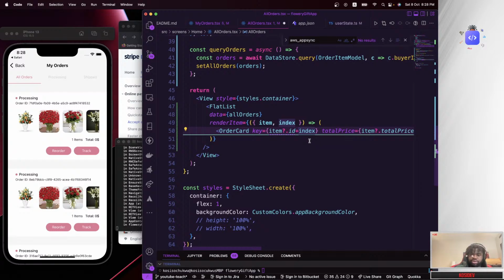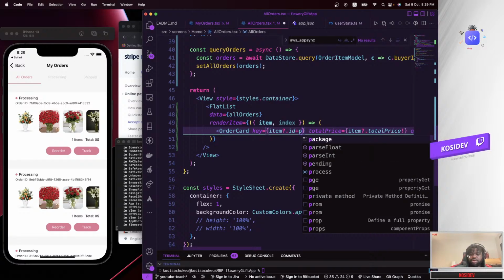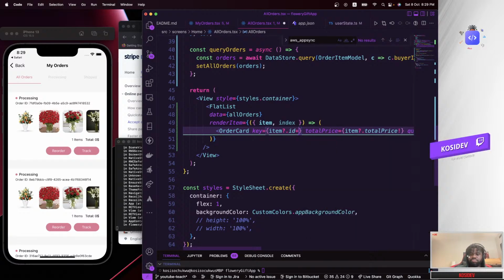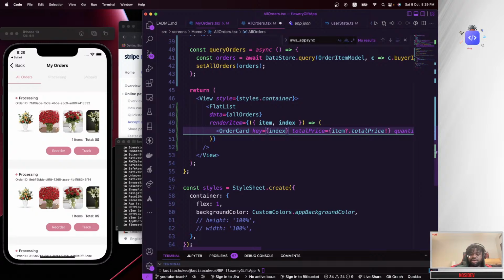So what do we do? Plus, and I'm going to say plus pass the index in there as a key, and the error will go away.